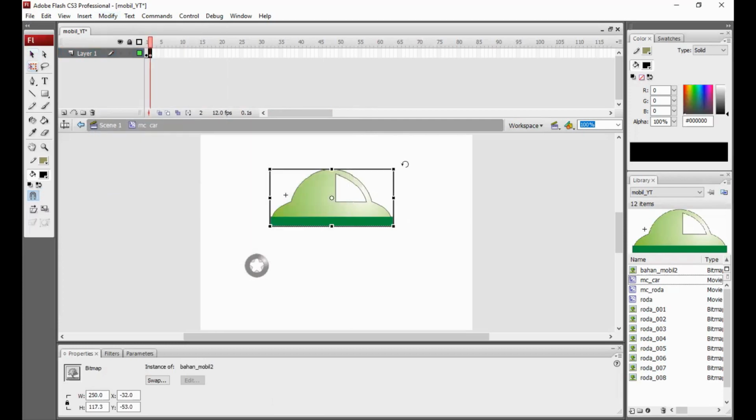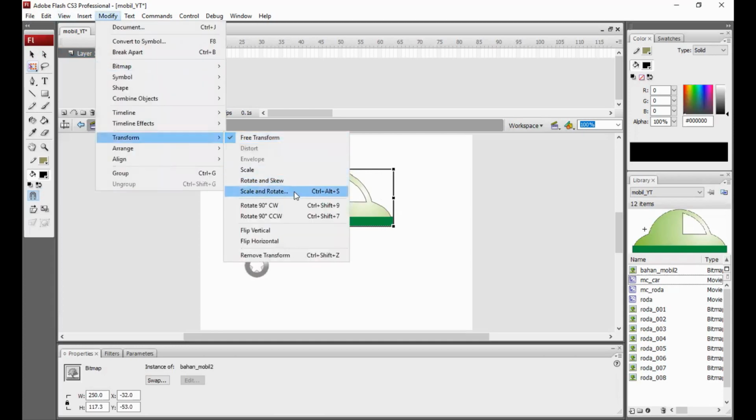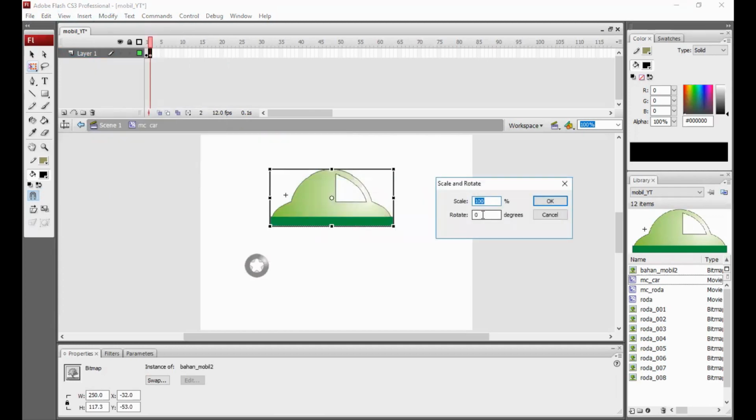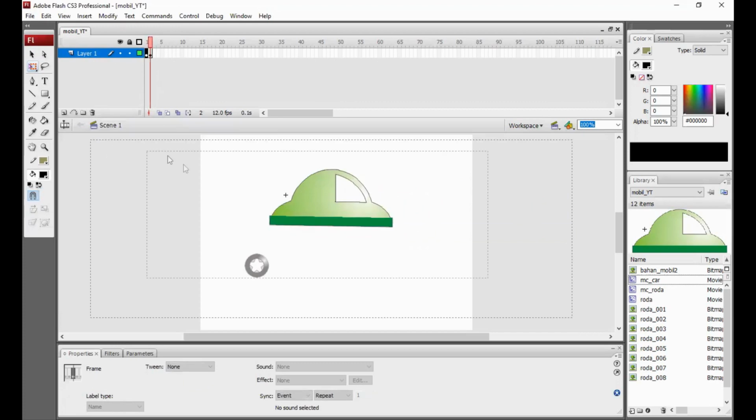Just a bit. Transform, maybe scale and rotate. Yeah, just 1 degree, I think. Okay, 1 degree. Yeah. Okay. Now create the skin.